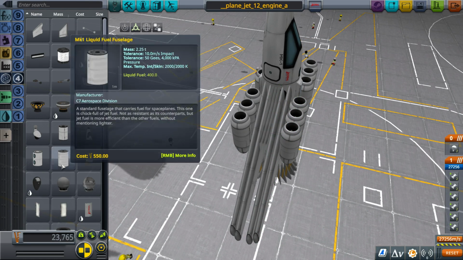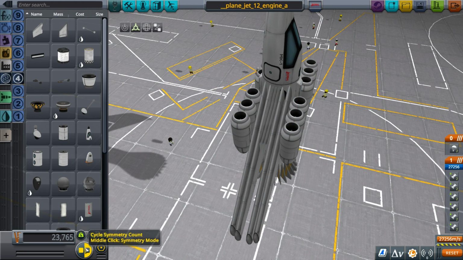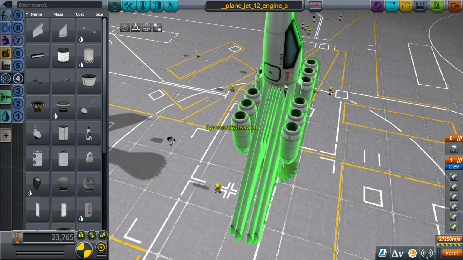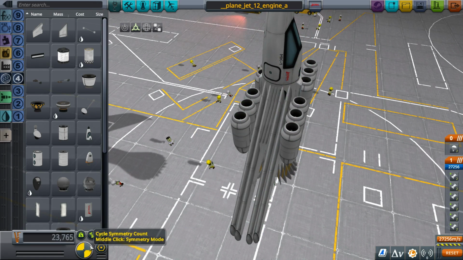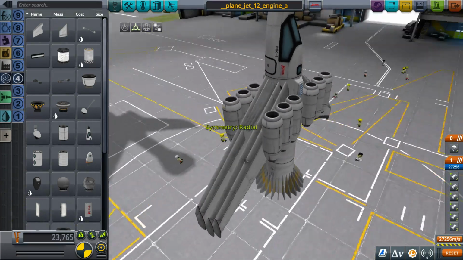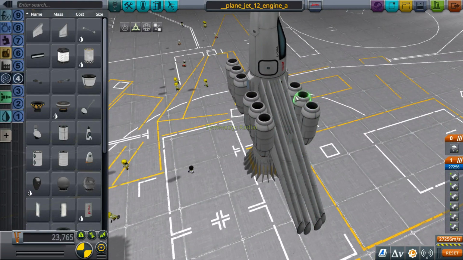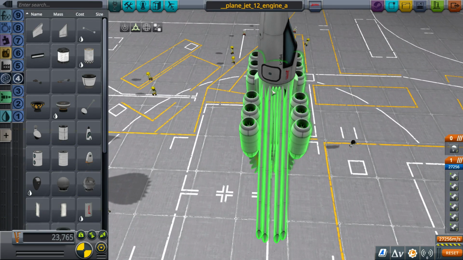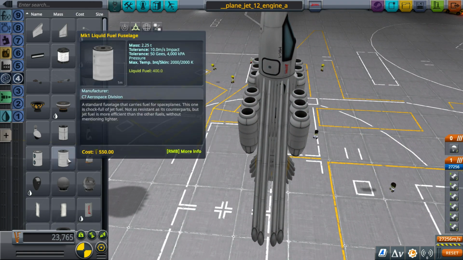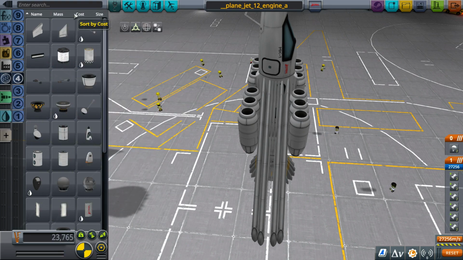So normally with a round surface, when you're using any symmetry, like the cycle, oh, it's out here, radial. So if you're using radial and putting 2 or more, or if you're using reflection and putting just 2 things, regardless, when you're doing that on a round surface, trying to place multiple of the same part parallel to each other, but not on opposite sides, you can't really do it on a round surface, because what happens is